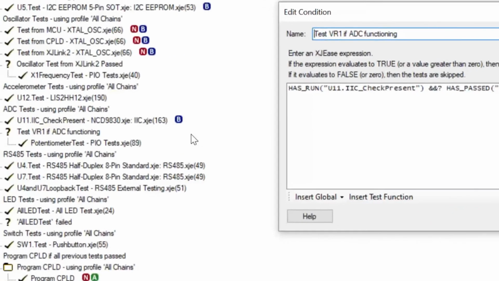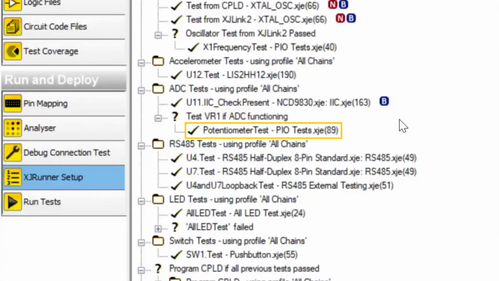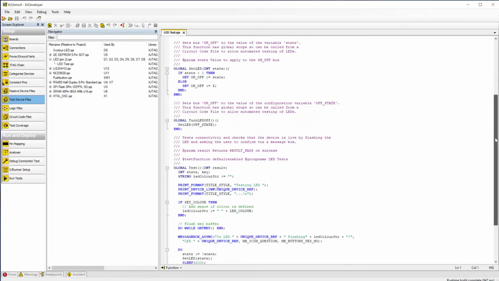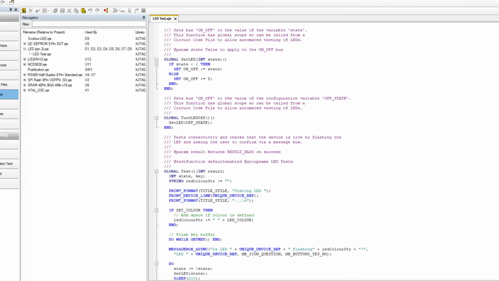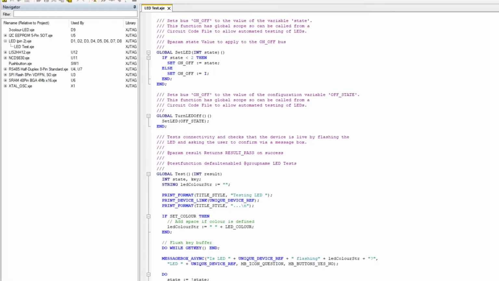So far, I've been talking about running tests like this one here, but I should explain that there's also a way to run any functions that underlie those tests. Let me demonstrate that with an example. This is the file ledtest.xje. Running its test function using the runTest method will execute the complete test and return a pass-fail result.